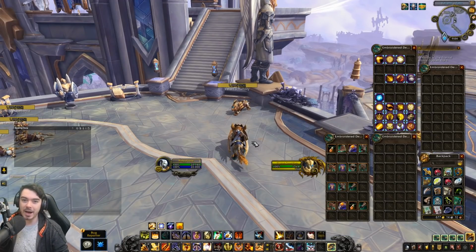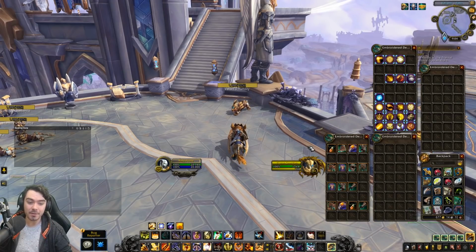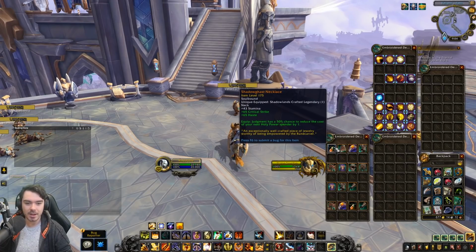Next up, we have the Paladin Legendaries. And for Ret Paladin, there's some really good ones here. First of all, we have 4 generic Legendaries that are there for all Paladin specs. First up, we have this one, where Judgment has a 50% chance to reduce the cost of your next Holy